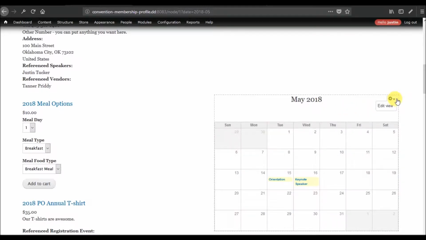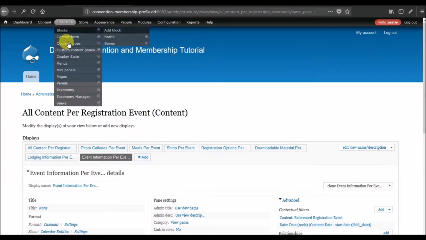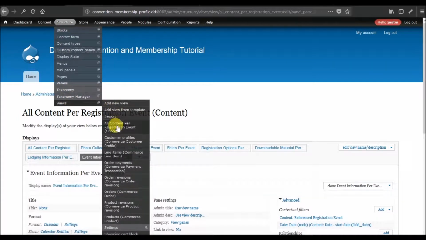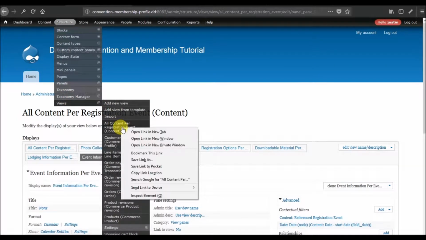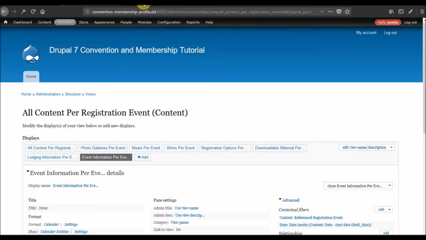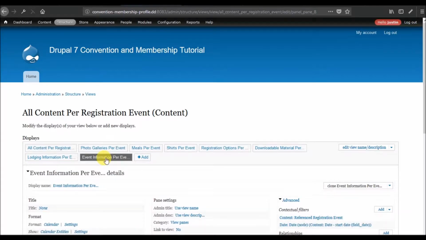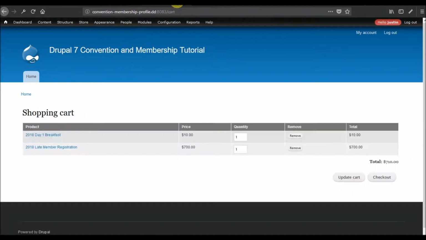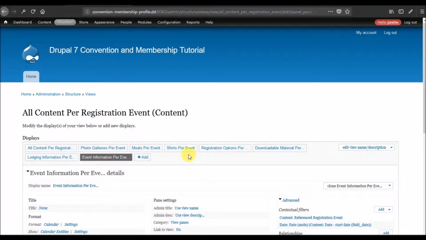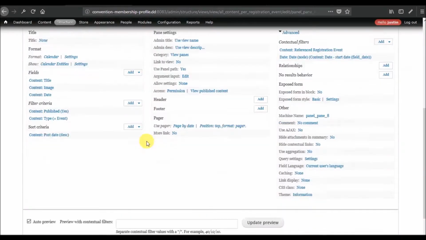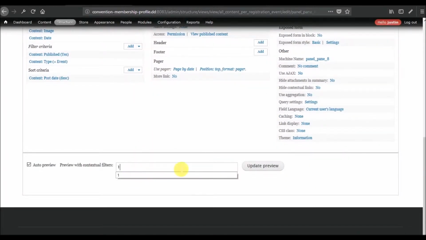But what we can do is go into this particular view. Again, another way to get there would be through views into the all content per registration event, and then inside there I've got these multiple displays, and we could go into the event information. You'll notice that these are the same places. I'm actually switching windows right now. So here we have our calendar. We made this in the last video,